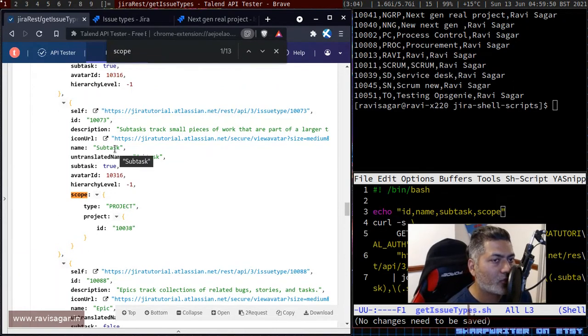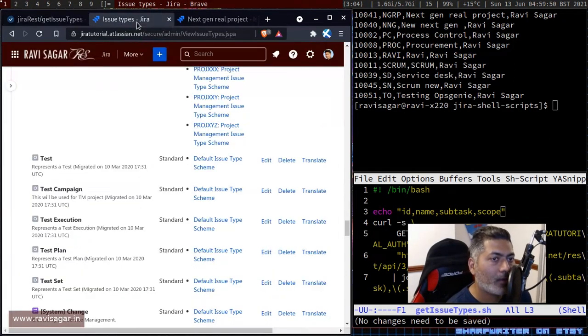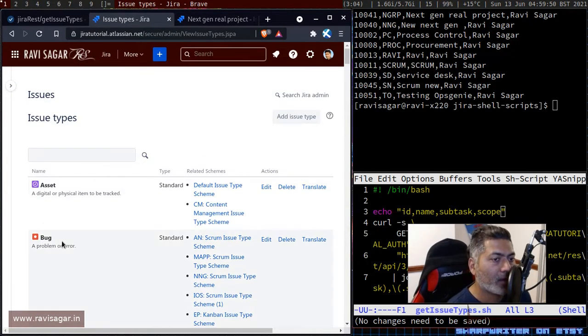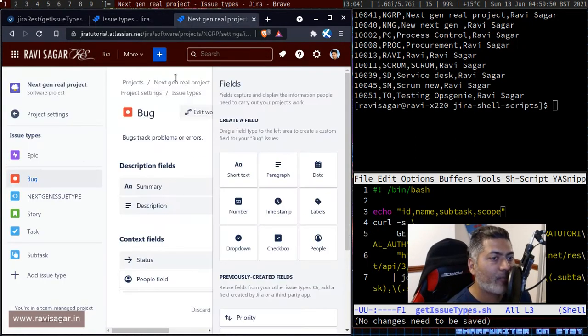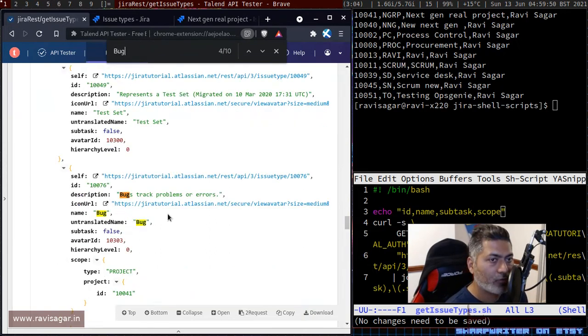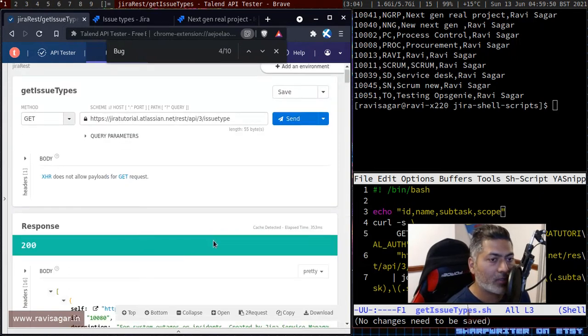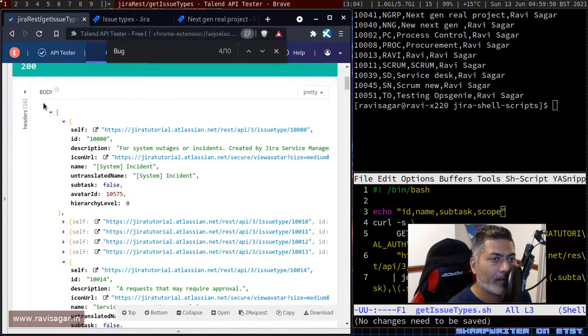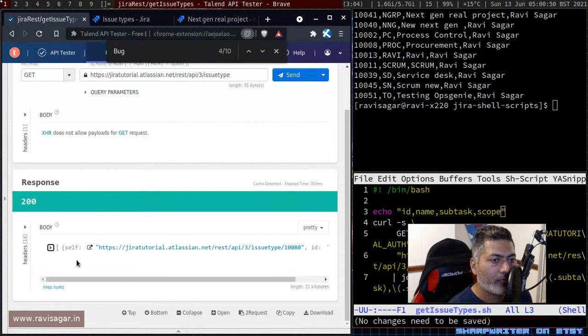So for some of these issue types, let us say bug, for example, you have bug in the list of issue types, and you also have bug within your next gen project. So if I search for bug, let me expand everything so that we can figure out, okay, how do I expand everything?